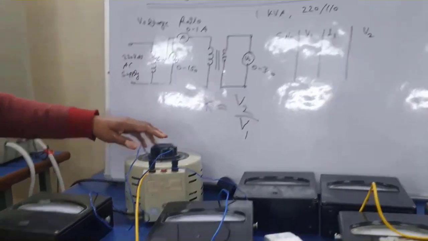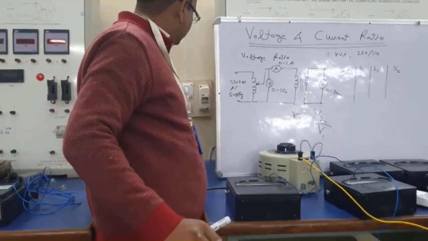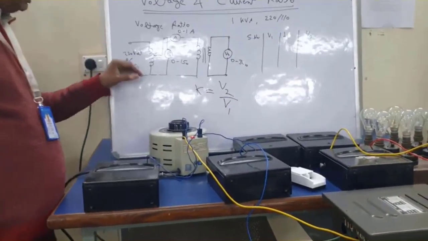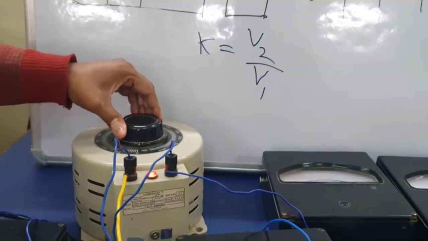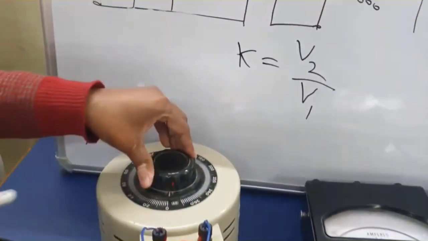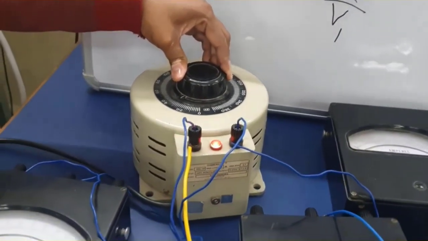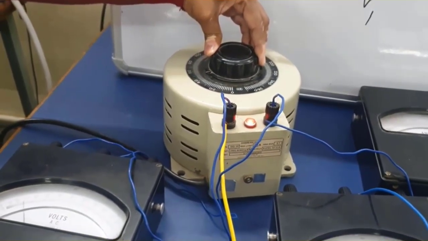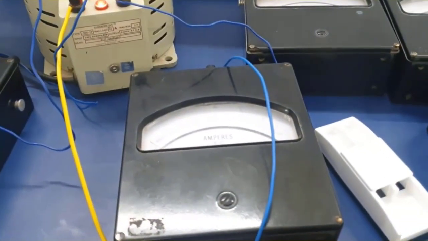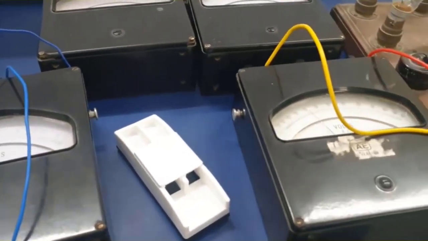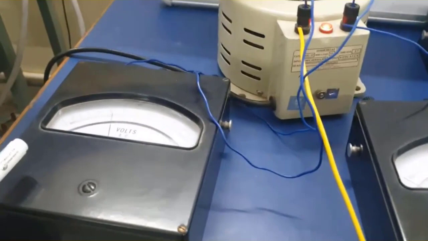We start the supply with the help of the MCB. This 230 volt supply is given to the auto transformer, and the auto transformer should first be at the 0 position. The 0 position means no voltage from the output terminals. As we increase the knob, the voltage increases, and we see the deflection of all the meters. The main safety precaution: the primary rating is 110, so the primary voltage should not exceed 110 volt.